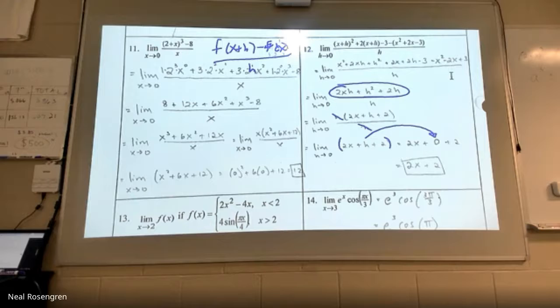Let's keep looking. I'll put this all on Canvas so you don't have to know it for sure right now. I said page 47 is optional, so you don't have to worry about that. But 7 is a little bit different, though we haven't talked about stuff like that yet. We don't really have to until we get to chapter 2.